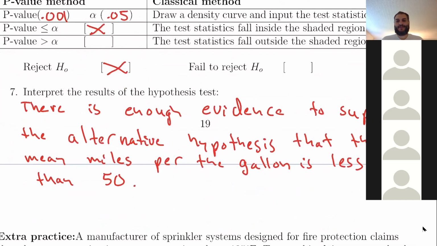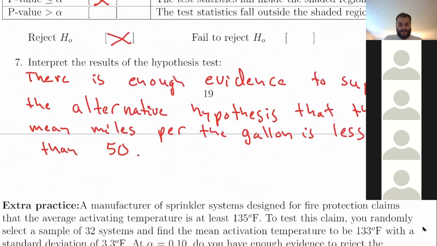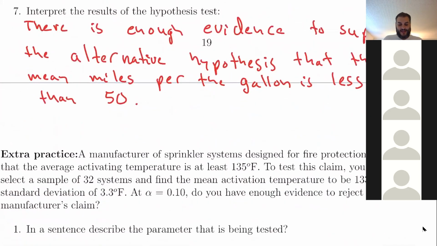So that's it for that last prompt. Any question in regard to that last prompt? So let's do one more, and then we're going to move on to testing the mean when we don't know the population standard deviation. That's when we're going to use the t distribution. But for this one, we're still using